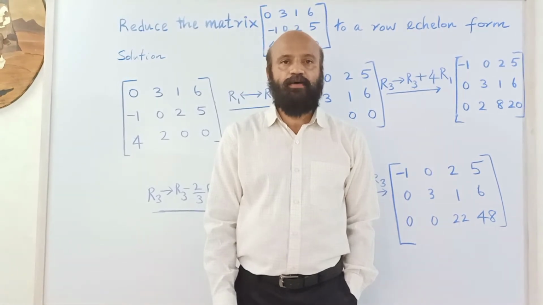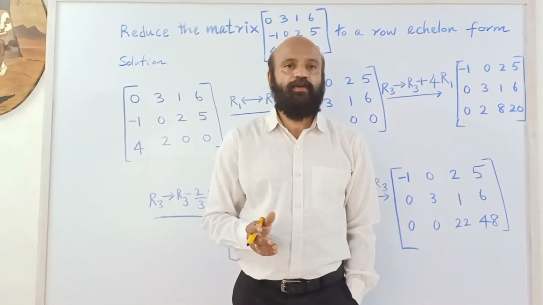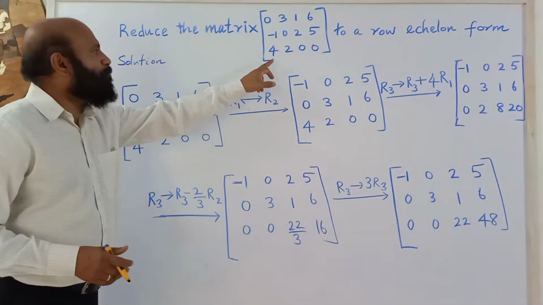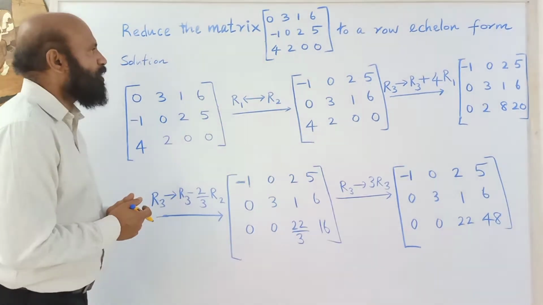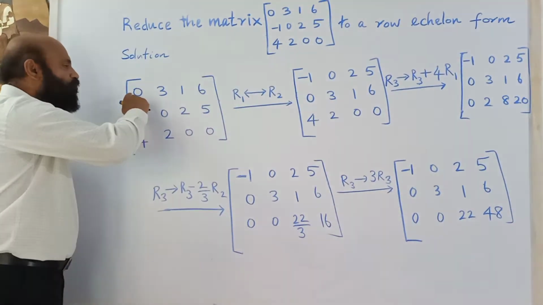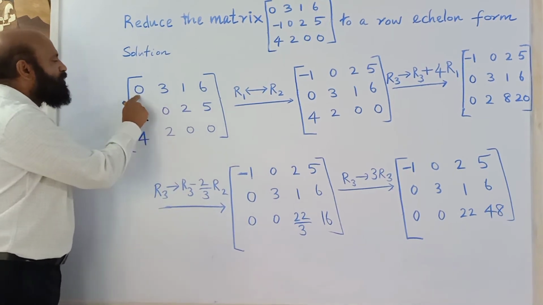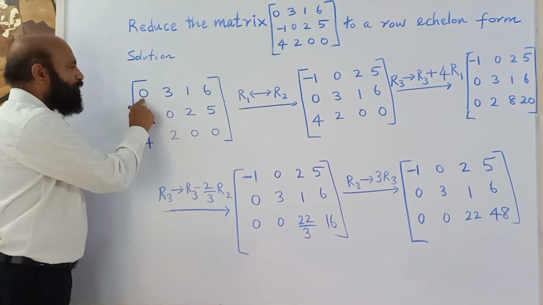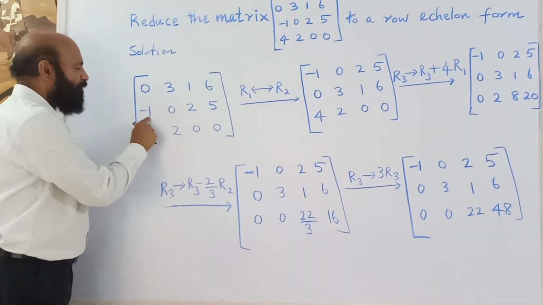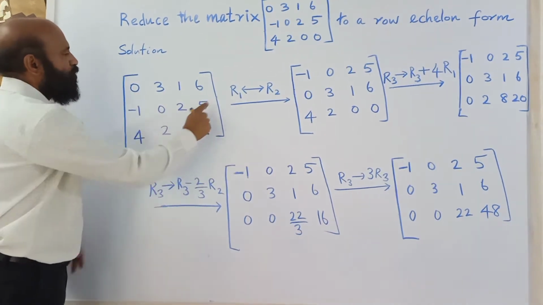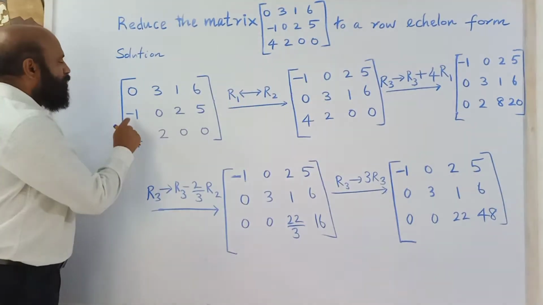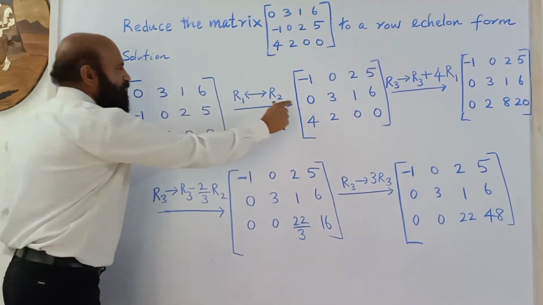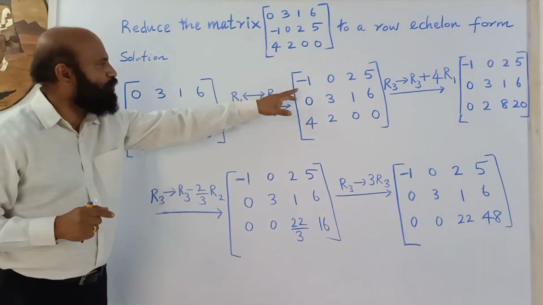We will see one more example of conversion of a given matrix to row echelon form. So this is a given matrix. We have to convert it into row echelon form. For that, you inspect the first row. Then first number is 0. So we want a non-zero number here. So you can see here a non-zero number. So we can interchange first row and the second row. Second row is written as the first row. First row is written as the second row. So we are getting a non-zero number here.